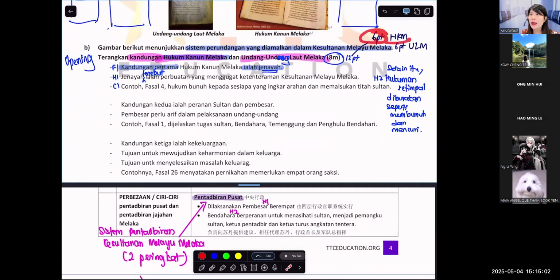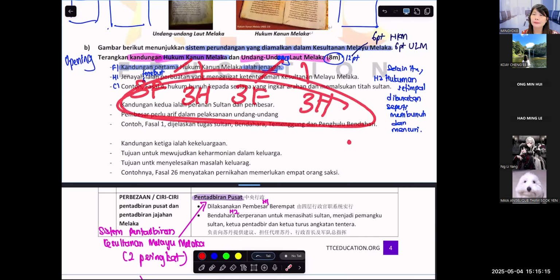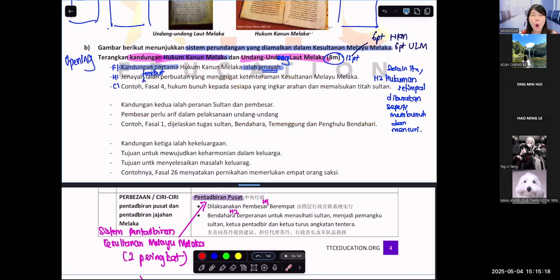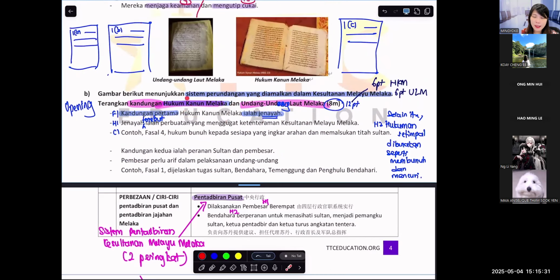So 6 points you get from Hukum Kanun Melaka, 6 points from Undang-Undang Laut Melaka, which means that Hukum Kanun Melaka 3 fakta 3 huraian lah. Then Undang-Undang Laut Melaka 3 fakta 3 huraian lah. This is the minimum requirement. Then you finish your whole essay. If you have time, you come back and do top up. So you can say kandungan, you can do opening paragraph, guys, essay opening paragraph 1B like that: Sistem perundangan yang diamalkan dalam Kesultanan Melayu Melaka